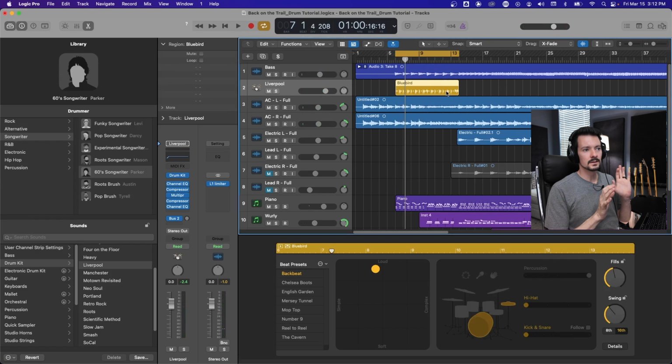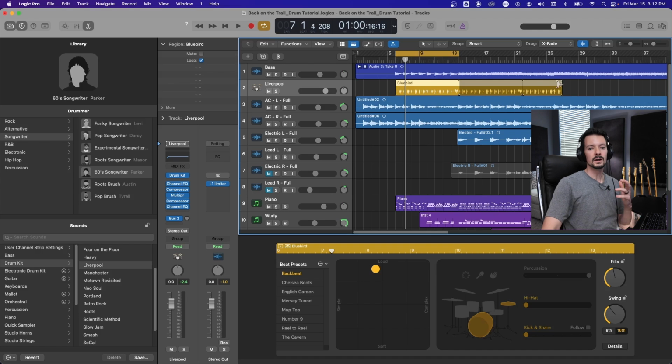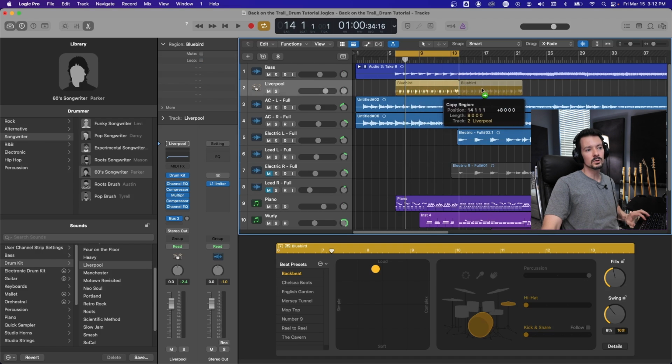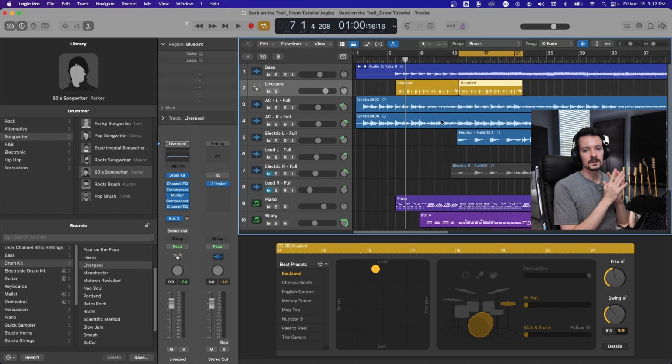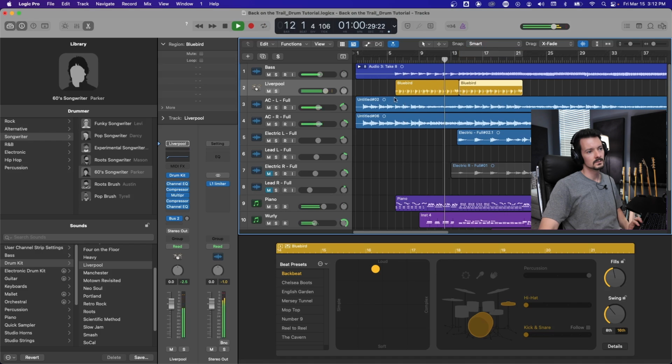That's a good start, and what I think some people do that might mess them up is they're like, okay, cool, I'm just gonna loop that, but that starts to hurt your song because a real drummer is not just gonna play the same exact thing. So what I recommend doing is clicking your region and going Option, click, drag, and pulling that region over, and then now you make changes to it, right? Because you dialed in your groove already, you know how you like the feel, but now the song's progressing and we need something else to happen. So coming out of that,